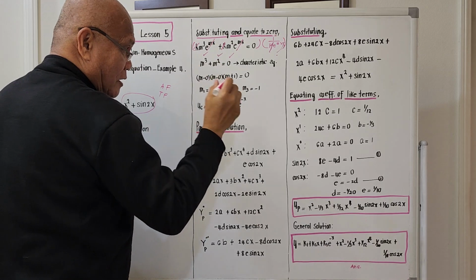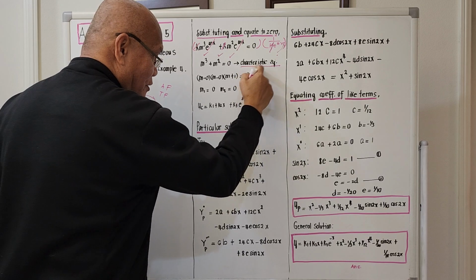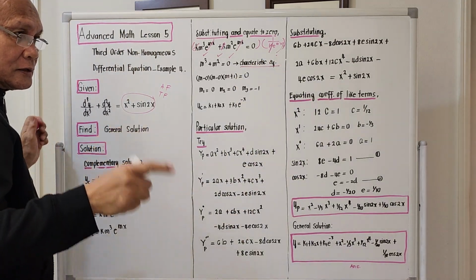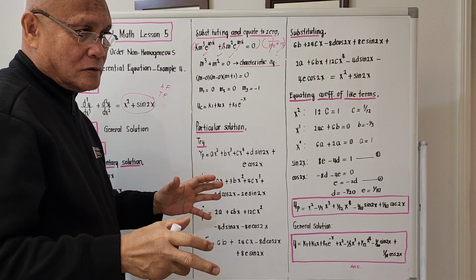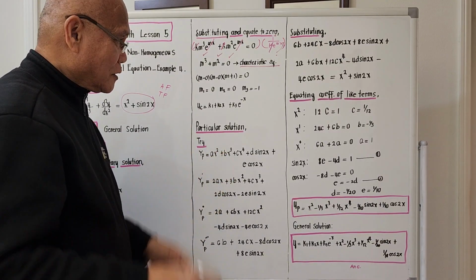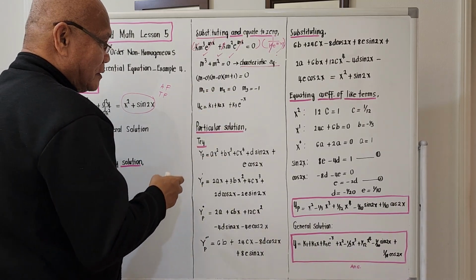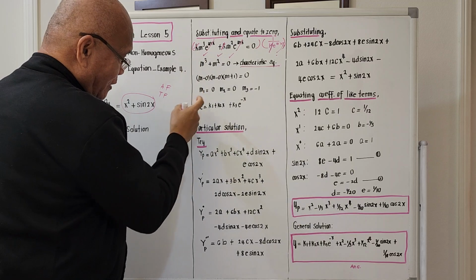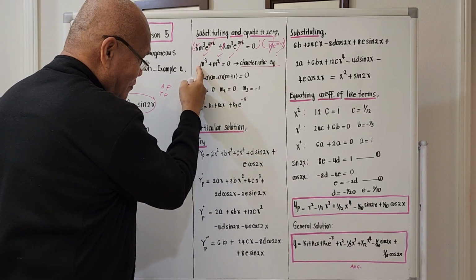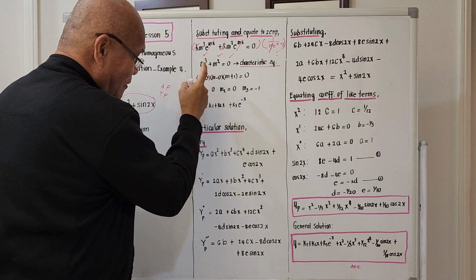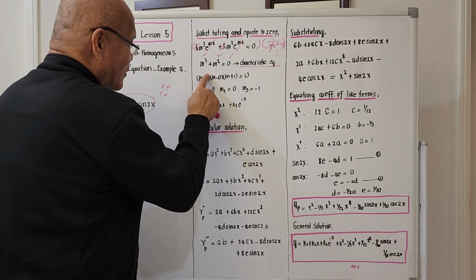Under the complementary solution, we call this one the characteristic equation. The characteristic equation is the equation that gives us the roots of the required complementary solution. So by using our knowledge of factoring, m cubed can be written as the product of m times m. That's m cubed. And the product of m squared will be, for the meantime, this is 0,